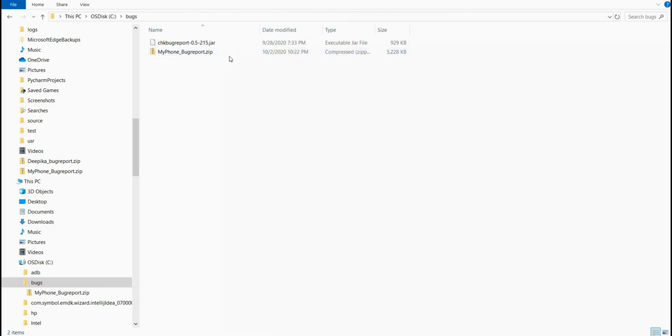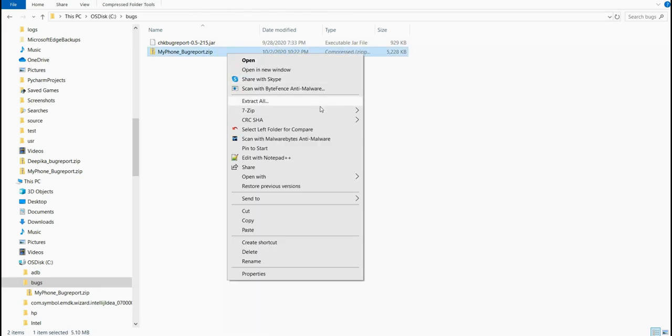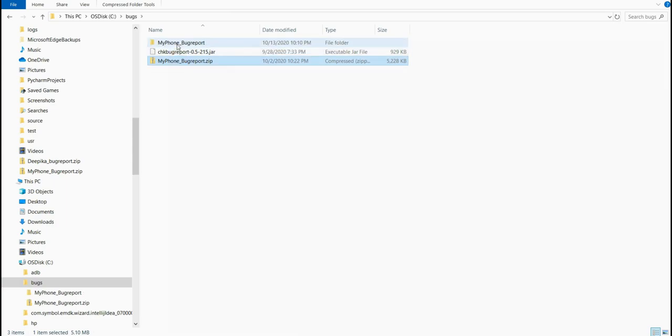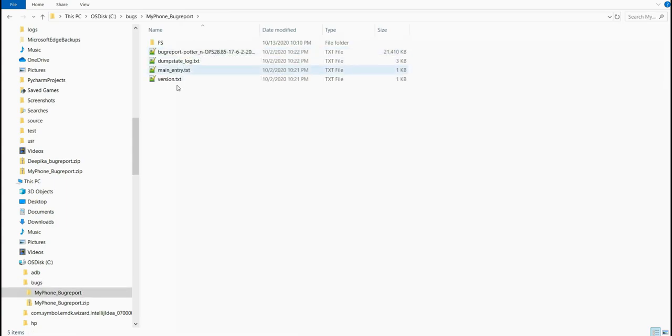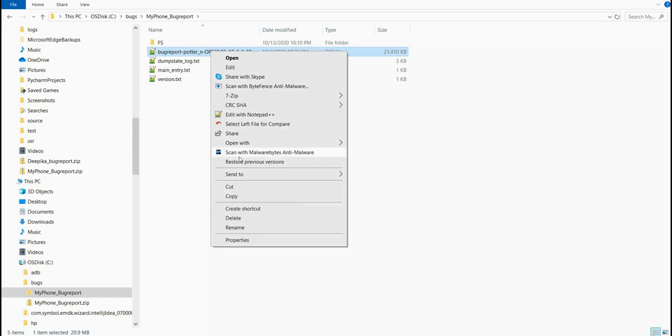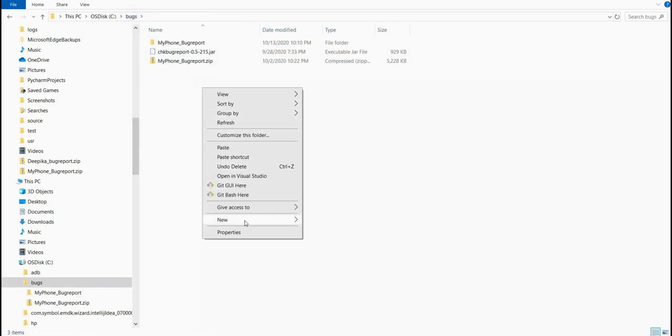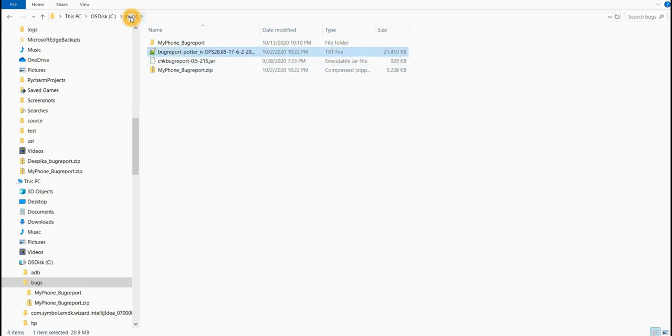Before running the command prompt, I will first unzip my bug report. Once I unzip it, as I had explained the different contents of this, we all know this bugreport.txt file is the very important content here. So this file also I will paste inside my bugs folder. Now